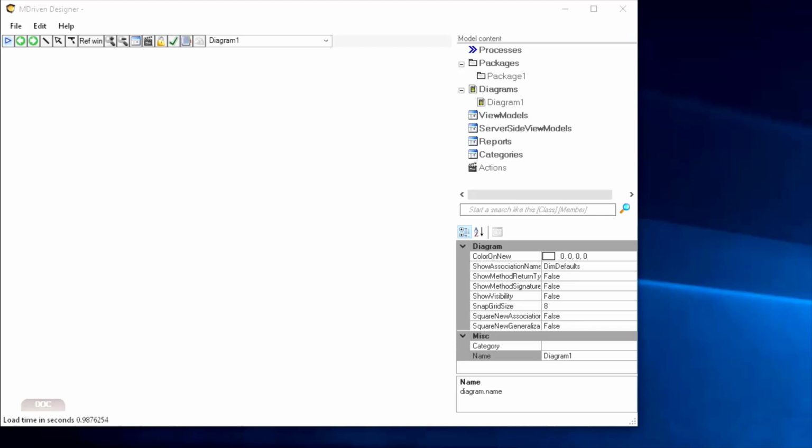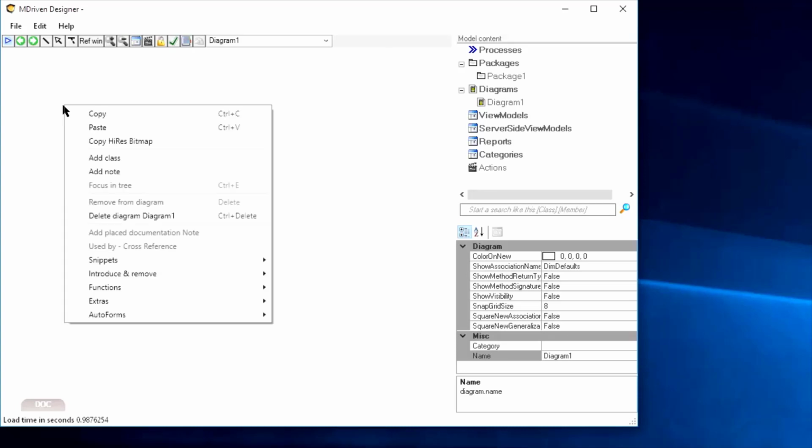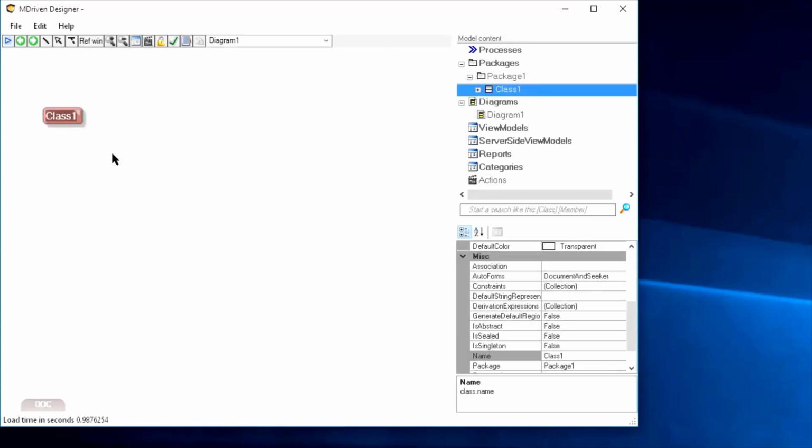That is more like a drawing tool than MDriven Designer, and I think that we need to help everyone to see the differences. So I'm going to start with a blank piece of paper and add a class,